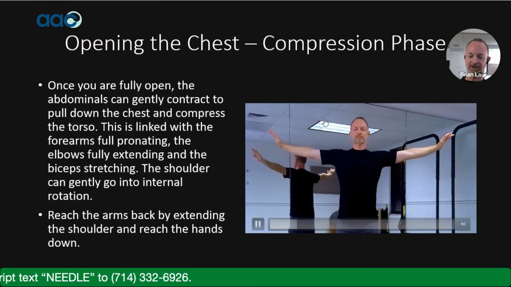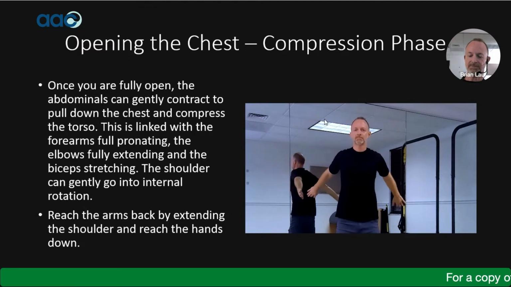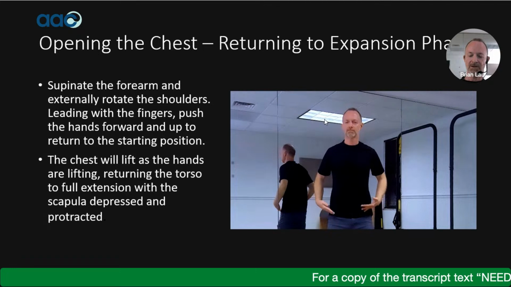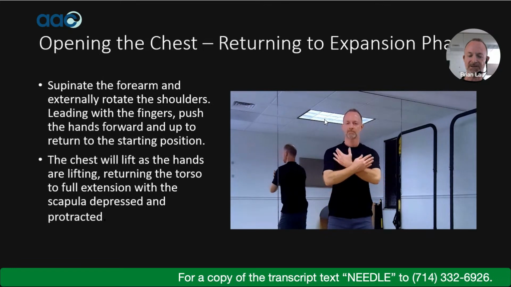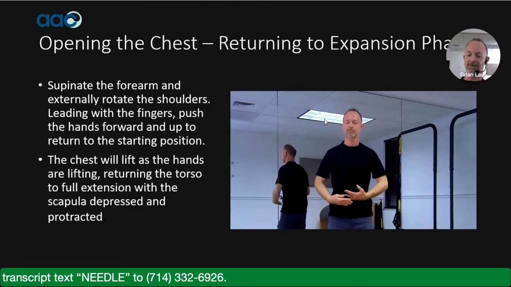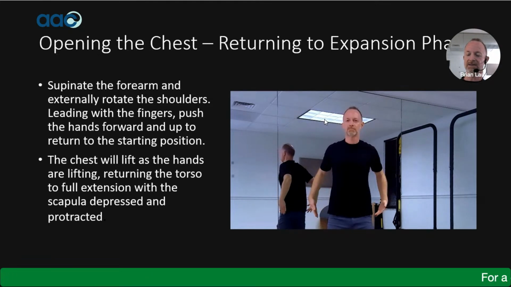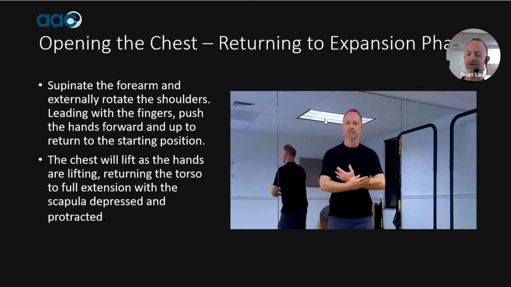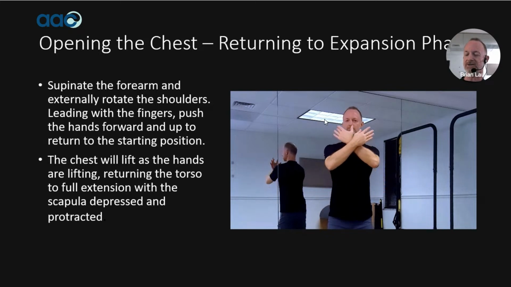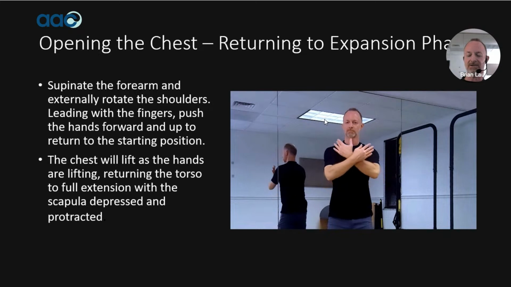And then it returns back to the same position by leading with the fingertips. So fingers come forward. I cross my hands, return, my chest lifts. And that bow that was in the torso kind of unbows, straightens, so I get a nice gentle stretching and mobilization of the inner part of the channel.